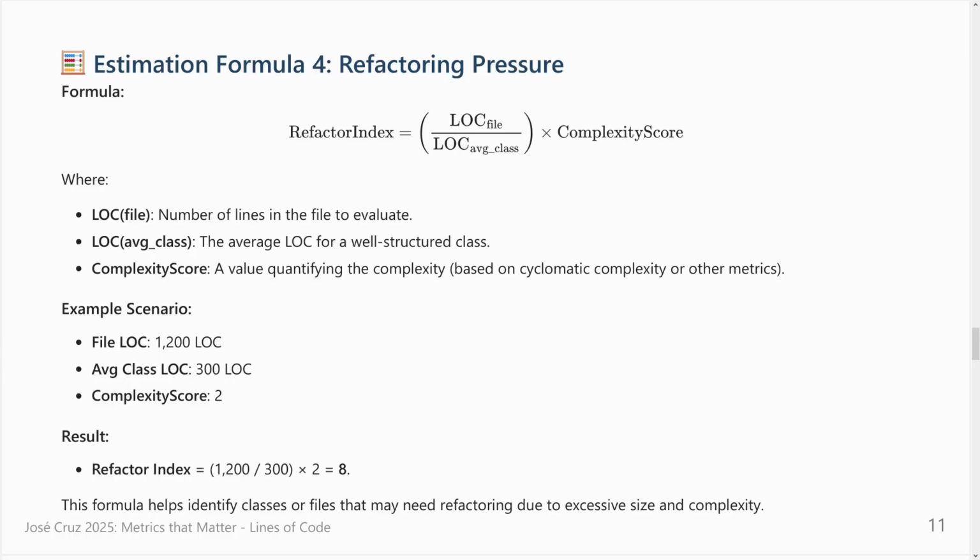And imagine that you have a complexity score. You can get this complexity score as you may wish, but usually we have tools that can give you, for instance, the cyclomatic complexity or other metrics that can show how complex is the code. And usually complex code, there are a lot of metrics, and I will address them in future videos. But usually you can go with cyclomatic complexity. If you don't understand what is cyclomatic complexity, imagine that you look into the code and there is a lot of conditions like ifs, whiles, and fors, because all of them need conditions.